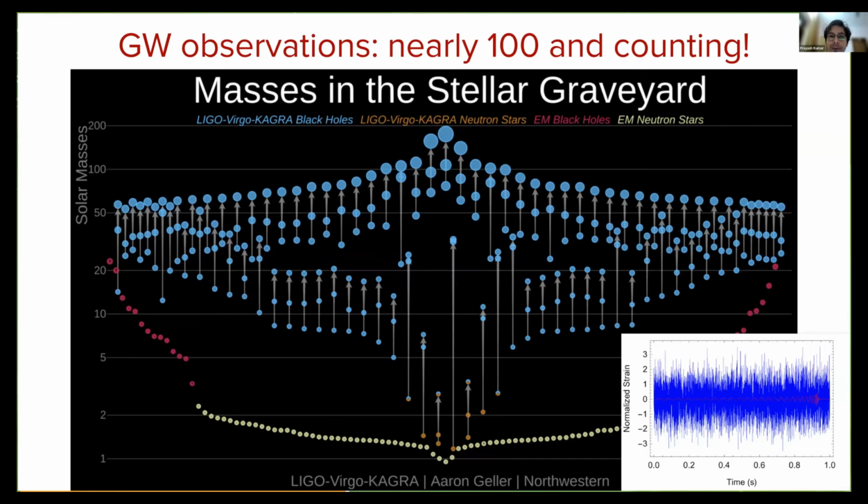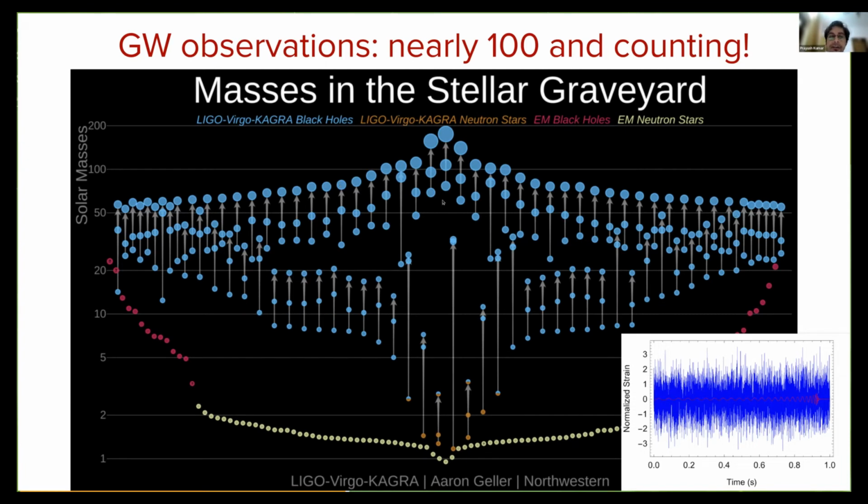Only in 2015 were we able to actually make the very first detections. It took about 4 decades of preparation, both on the instrument side as well as the software side, to actually be able to see these extremely weak signals. And since then, we have observed nearly 100 mergers of two black hole systems, which I'm showing here in this visualization, which shows the masses of the inspiraling binaries, as well as the mass of the post-merger black hole that these binaries form